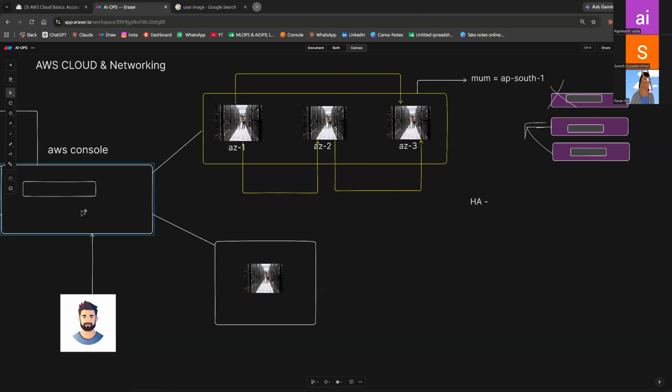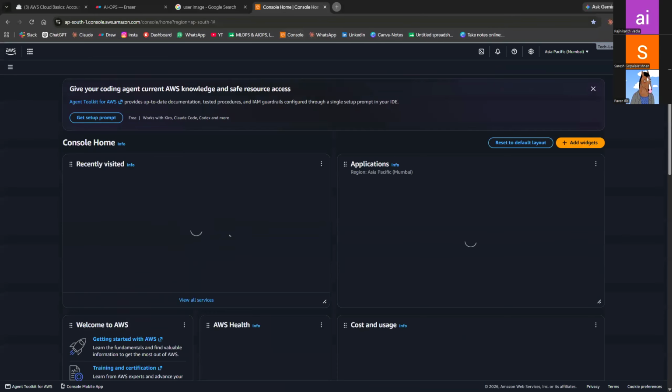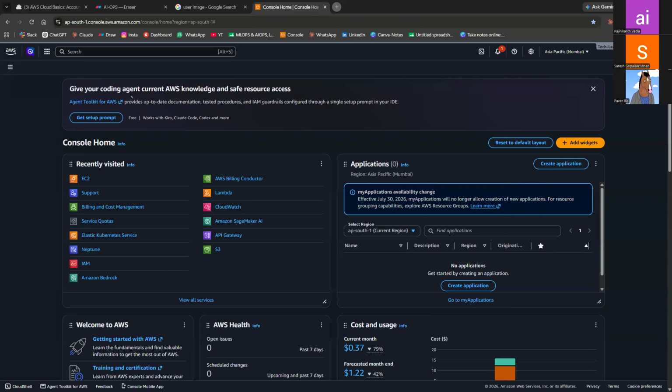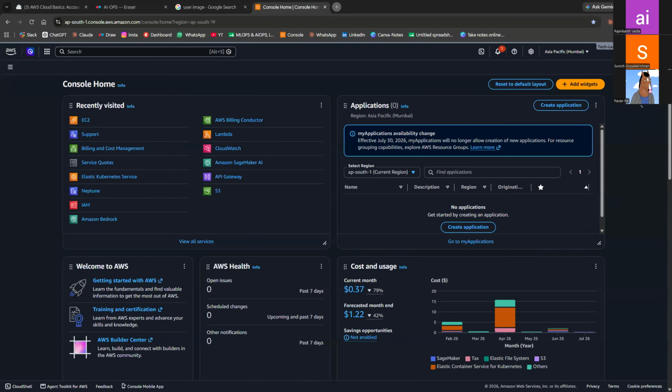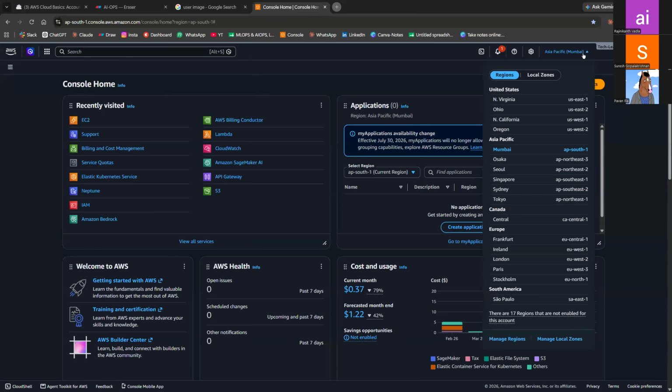Now let me go to my console. This is my console, if you see. And I'm in the Mumbai region, and you can see all the regions here.